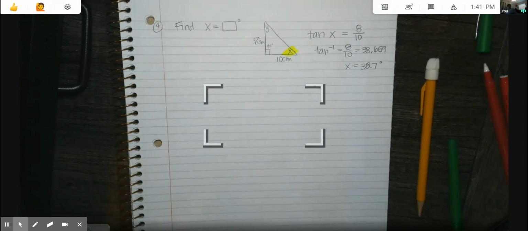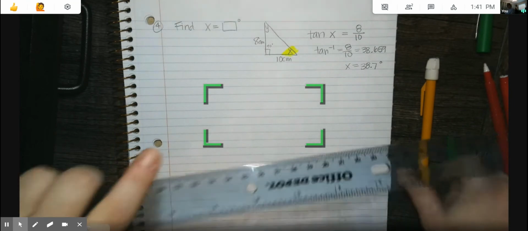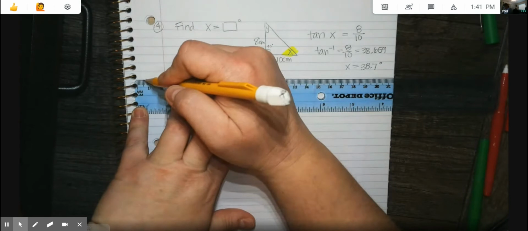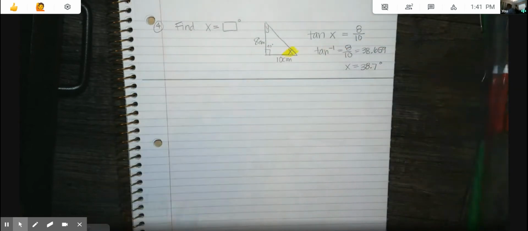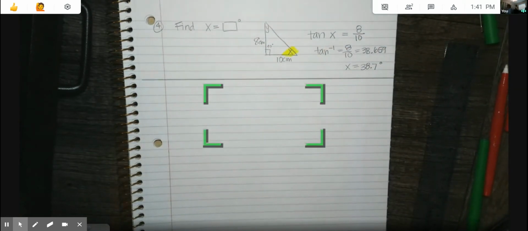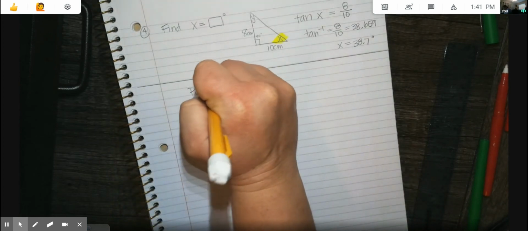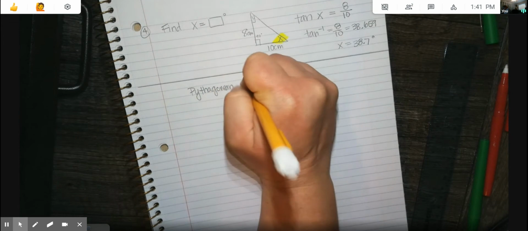And then the last area that I kind of want to recap is that Pythagorean identity problems that I had not taught on notes. So we need to look at them really quickly together. So the Pythagorean identity